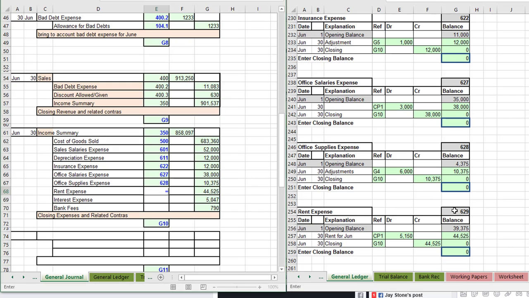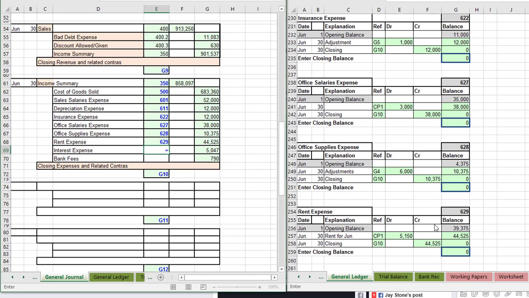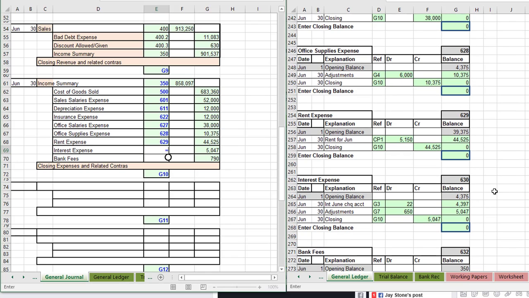I hope you're also thinking about what's going on here and noticing that the normal balance of an expense of what we're working with is a debit. And to empty them out, we write journal entries, and that's the closing process. Interest, 630. Bank fees,